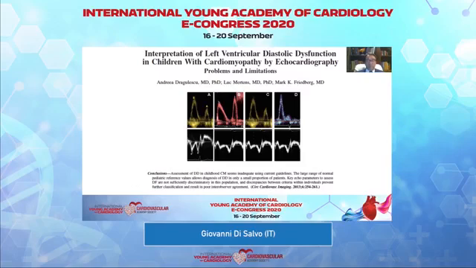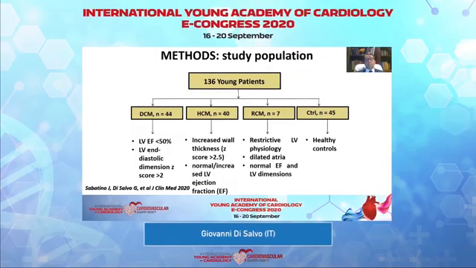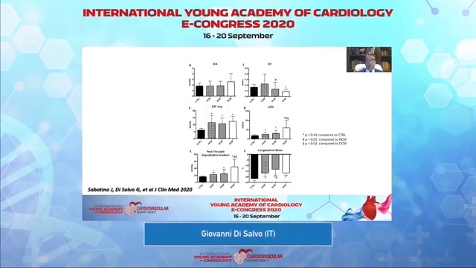They are not even able to discriminate healthy children from children with cardiomyopathies. Based on this study, we did a similar study, including all the standard parameters included in the guidelines, but also including atrial strain. We studied 45 healthy children as control group, 44 dilated cardiomyopathy children, 40 hypertrophic cardiomyopathy children, and 7 restrictive cardiomyopathy children. Once again, the standard parameters, including tissue Doppler and left atrial volume indexed, were not able to discriminate healthy children from pathological